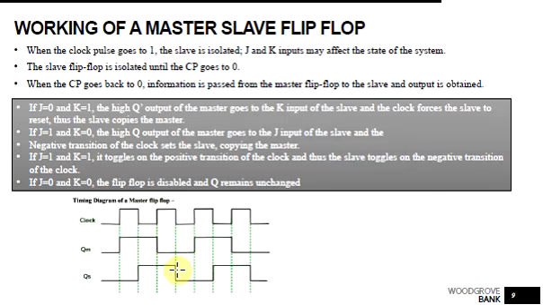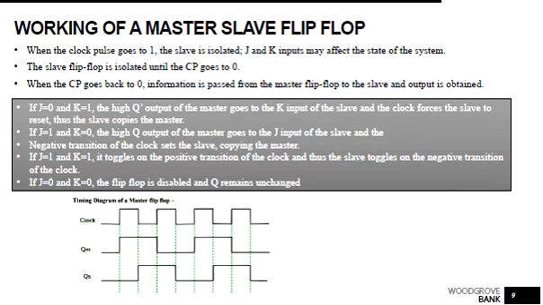So this will be transferred to the slave. Whatever the state of the master is will be transferred to the slave at the negative pulse, so that goes to the lower state. During the next positive cycle, the Q of the master goes high, and the slave remains the same. Only when there is a negative pulse does it copy what the master has. So the slave actually follows the master. The pulse width remains the same, but there is a lag.